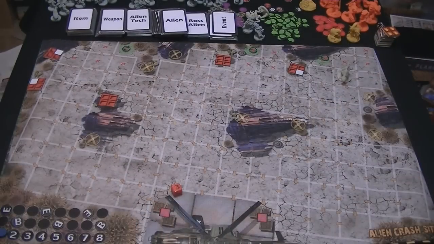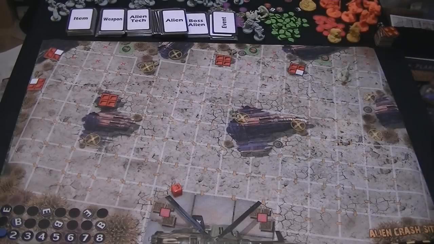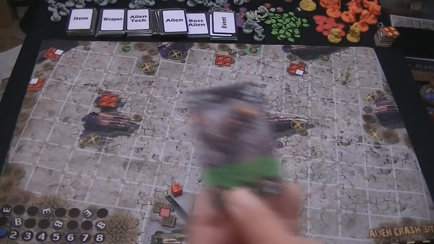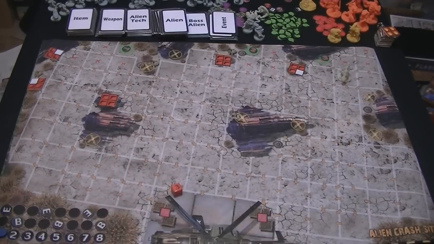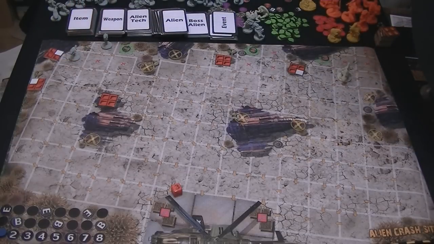So I'm going to grab 4 biters. These guys kind of look like velociraptors, if you will. You'll notice that I don't roll a die. They just show up at spot number 1. So we're going to just put the 4 in there. So 1, 2...